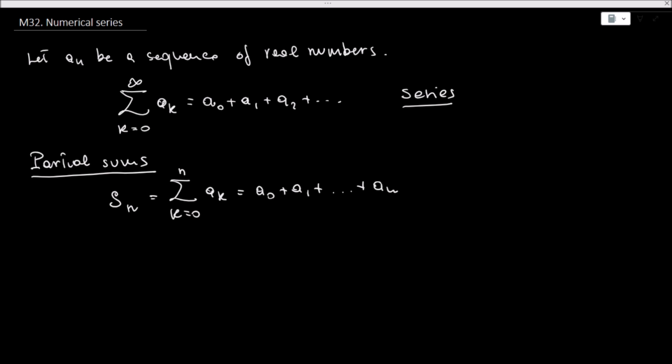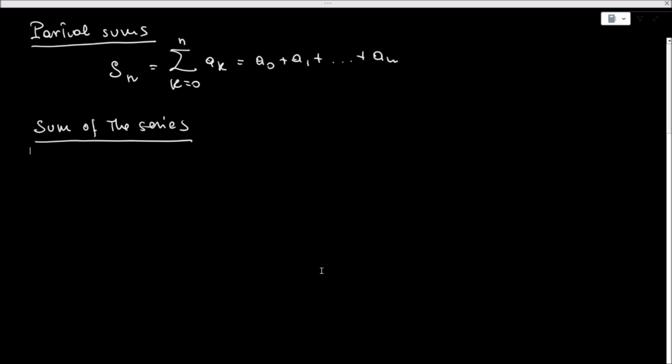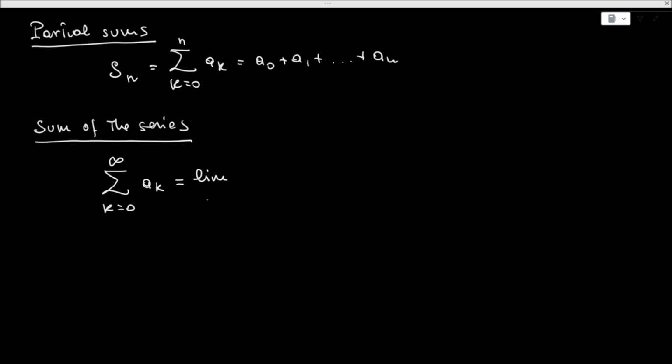And now we are ready to define the fundamental idea of sum of the series. So what is the sum of the series? Well, the sum of the series, which is indicated with the sum k goes from 0 to infinity of ak, is defined to be the limit as n goes to infinity of the partial sum Sn. And we have 4 options, just like we had 4 options for any limit. So we have option 1,